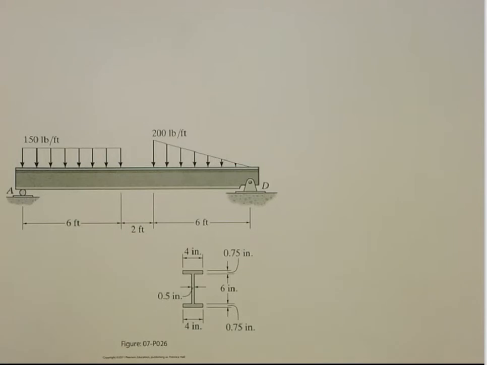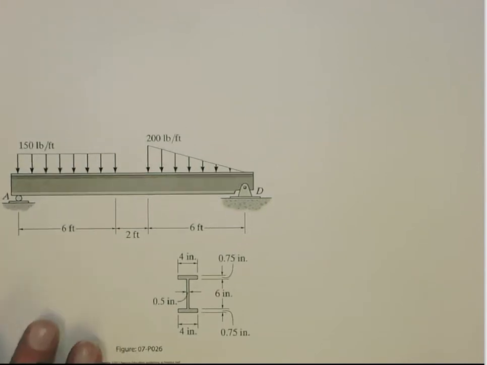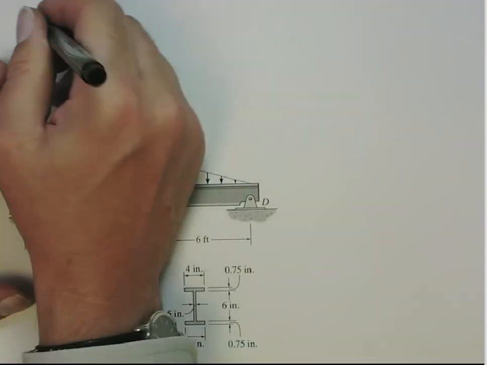Okay, this one we'll do problem 726. So this one's pretty straightforward. It gives you the properties and it wants you to find the maximum transverse shear. All right? So, again, what we'll find with a lot of these things is